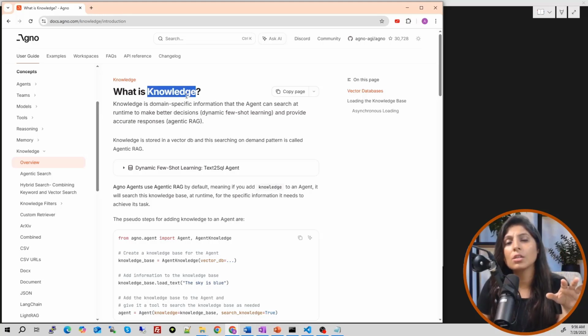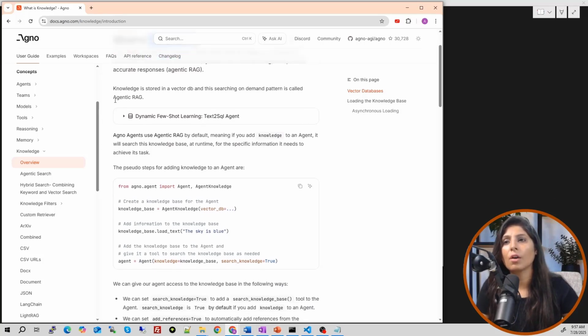Now we know what knowledge is. Knowledge means external information. Now how to provide knowledge to the agent? There are different kinds of data. Text data is there, data is in PDF files. Sometimes you need data from a text file, sometimes you need data from a CSV file. Sometimes there are websites, you need to scrape the data from websites, and then you need your agent to access that data. So we have a variety of data, so a variety of knowledge. Every time you want to provide knowledge to your agent, you need to use a knowledge base, and for every type of data there is a different knowledge base.